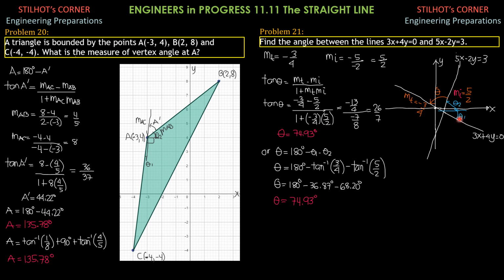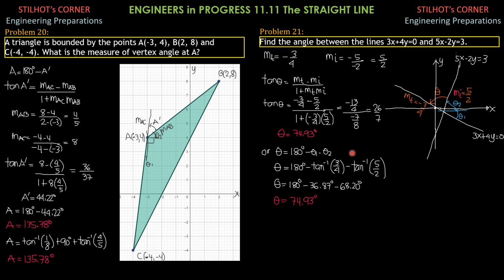Then the alternate solution without using the calculator from the figure: theta is 180 degrees minus theta 1 minus theta 2. We just treat everything as positive for the slopes because the physical meaning of theta 1 and theta 2 should be positive. Although if you use the slope and the signs, it will give us theta 1, which is clockwise in this figure, which is negative. But as mentioned, don't make the slopes negative. You just make them positive, and we treat theta 1, theta 2 positive also.